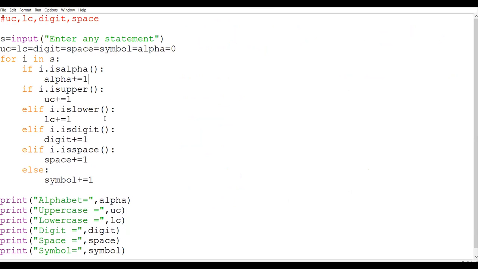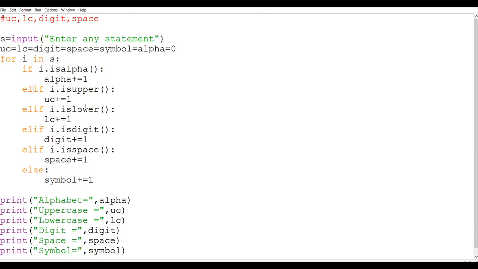Okay, we have less time. See, this was the code. Now see what you have to do. You were supposed to count for this also, this also, this also. So what you wanted to do is, if we are using this elif, what does it mean? If this is not true, then only check for this. But this is what we don't want. I wanted to check this as well as this.